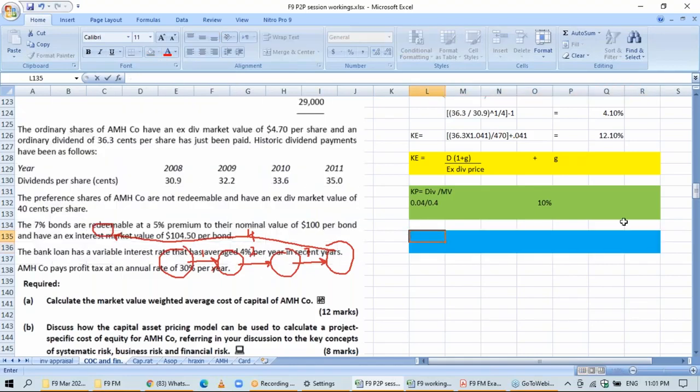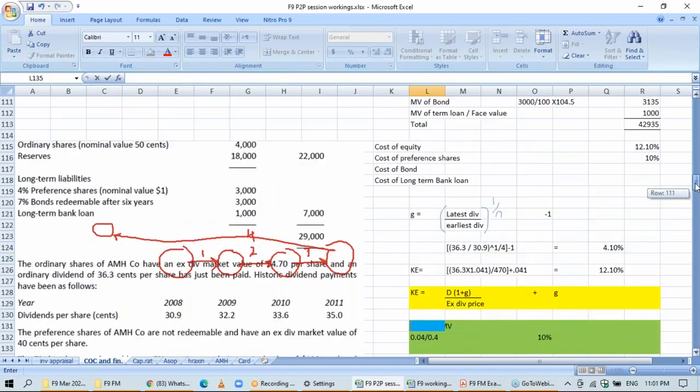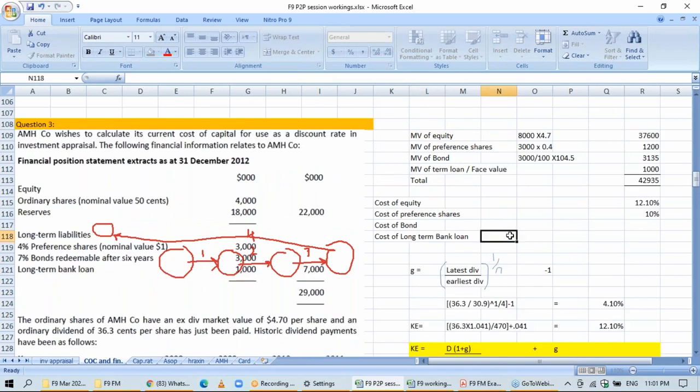Okay, I'm doing it over there only in that schedule. It's easy to do over there. So the cost of the bank loan is at